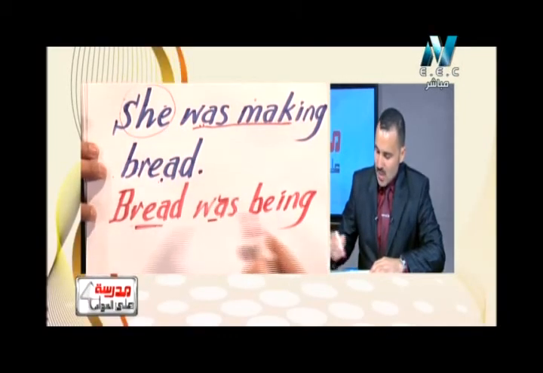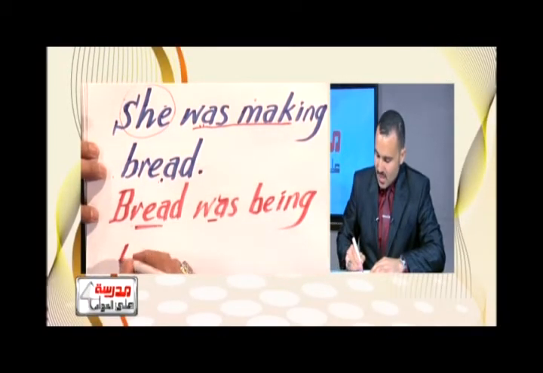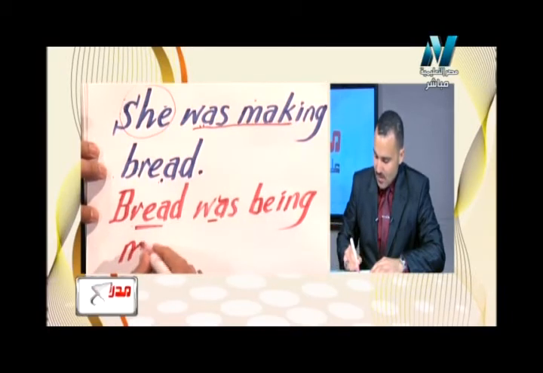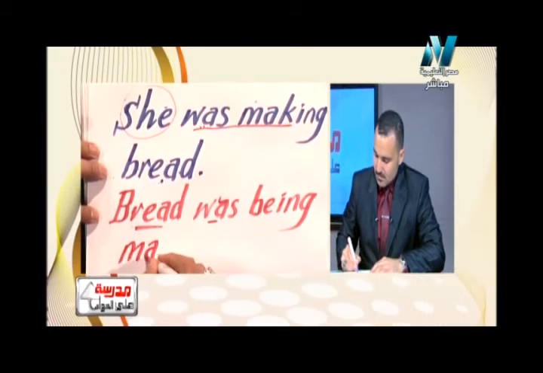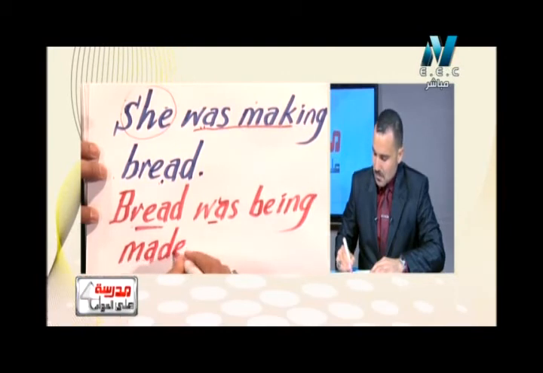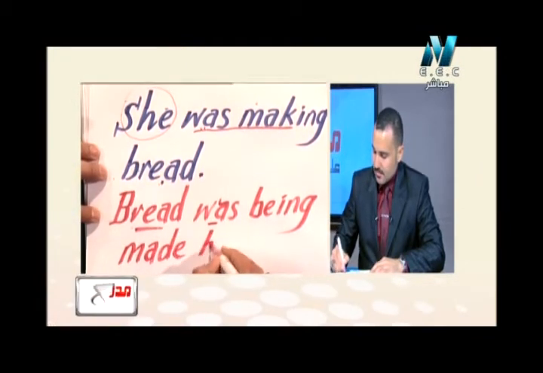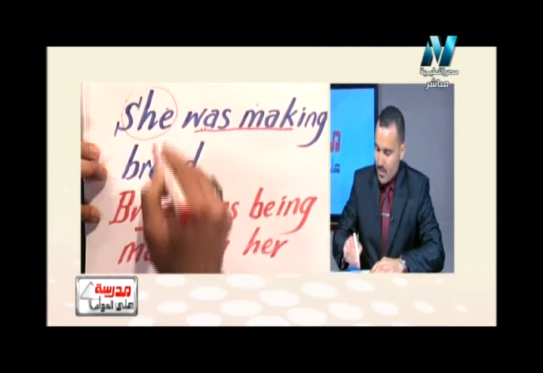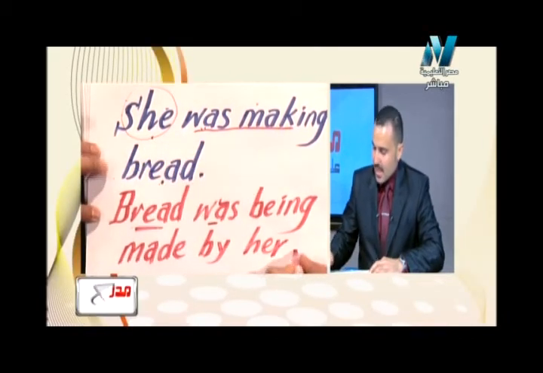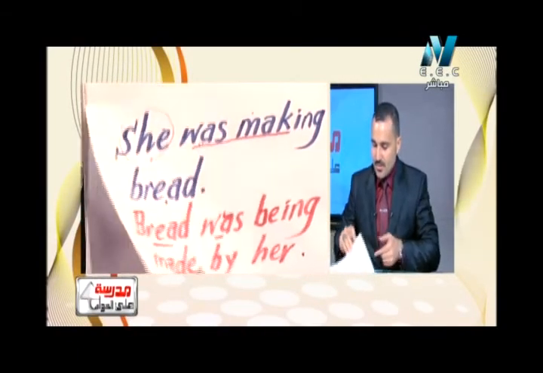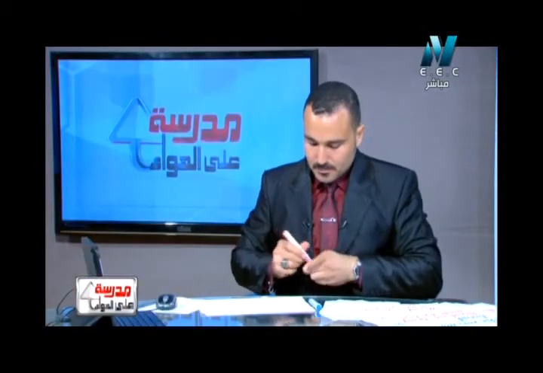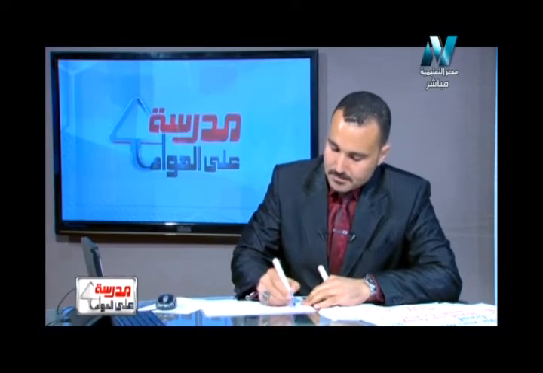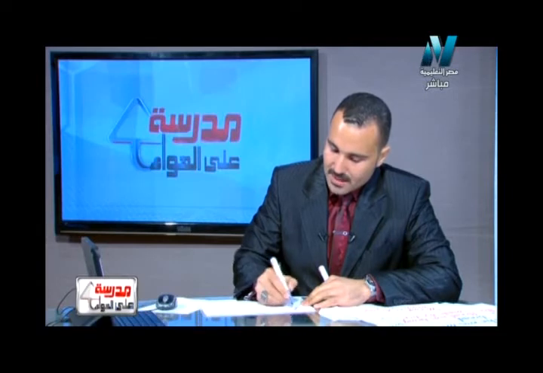يبقى bread was being، وبعدين التصريف الثالث او الباست participle من make هي made، by her. طبعا حولنا they الى الاوبجكت بروناون بتاعها اللي هو her. by her. ناخد tense اخر. ناخد مثلا they. ماشي they